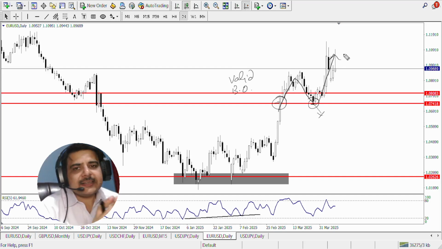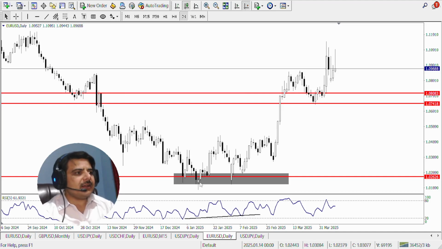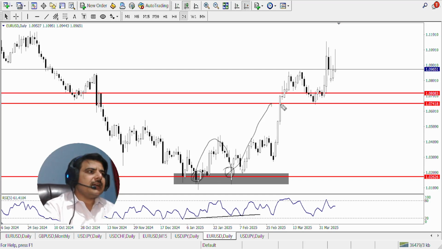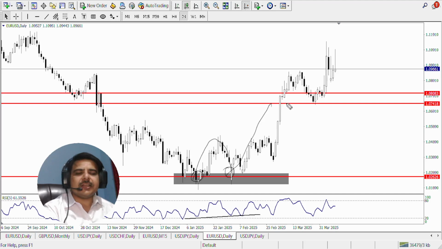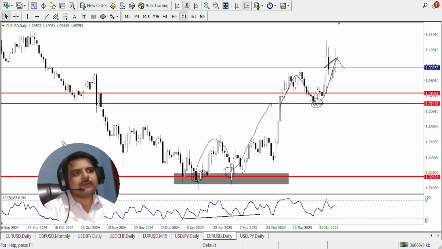So on a daily time frame, personally I don't like these breakout trades, especially let's say if I missed this move, this buy move. Let's say if this was missed by me for some reason, I would definitely be waiting for a sell right here or a buy right here. So either setup I get, either a buy or a sell, I would trade it in that direction. So right here what it did is it gave a breakout retest, so a buy setup formed and the result is right here in front of you.